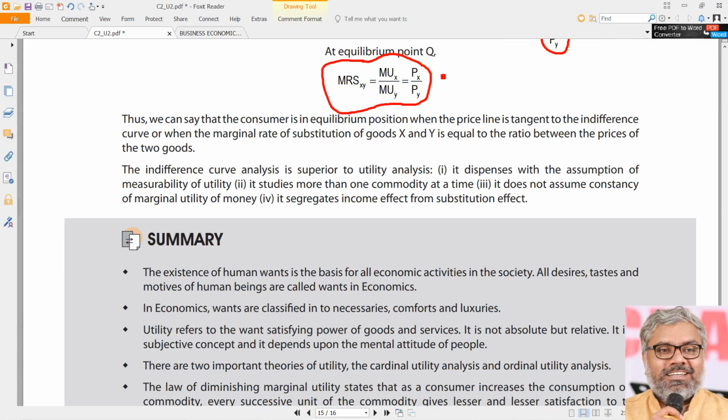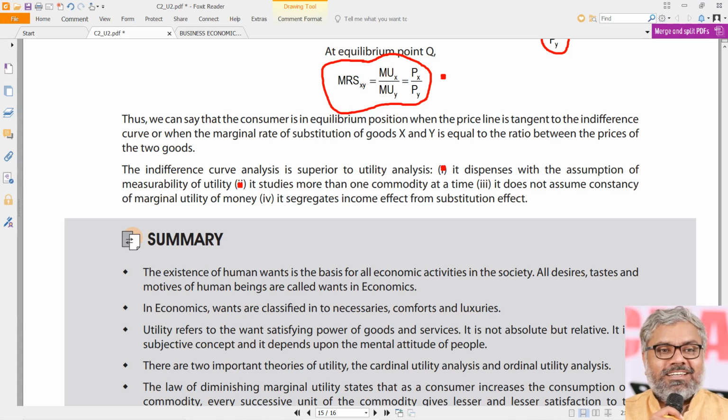That's all. And naturally the indifference curve analysis is superior to the utility analysis. We can definitely argue that because the measurability of utility was questionable earlier. Here we don't need to measure it at all. So that was a cardinal approach and this is an ordinal approach. The ordinal approach is definitely better in the case of consumers because satisfaction is something which is not quantifiable. Here the need for quantification itself is not there. So this has eased up the complexities of marginal utility analysis.